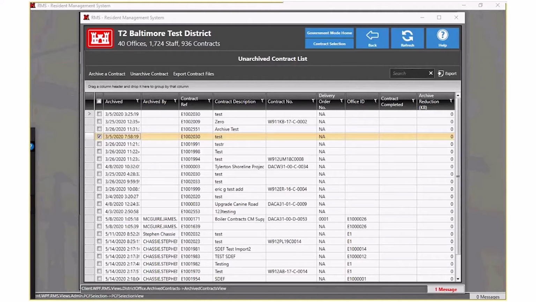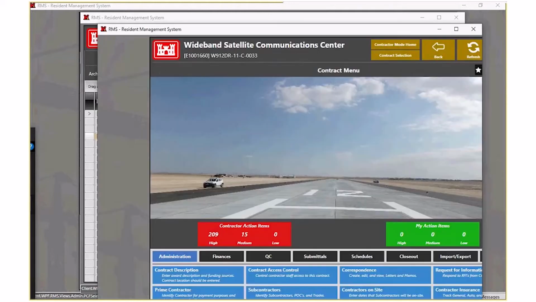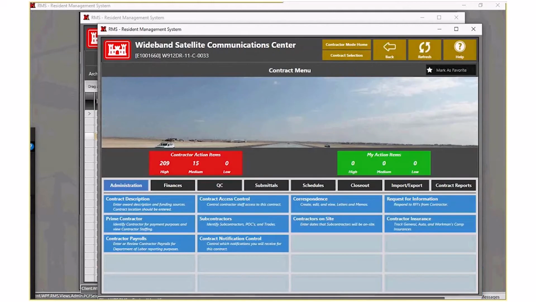payroll. So let me pull up my contractor login. So this is the same contract. It's 1660, but this is, as you can see, under contract mode. You can tell because of the brown colors of these buttons right up here. So, contractor needs to submit contractor payrolls every week or month or whatever the policy happens to be for that